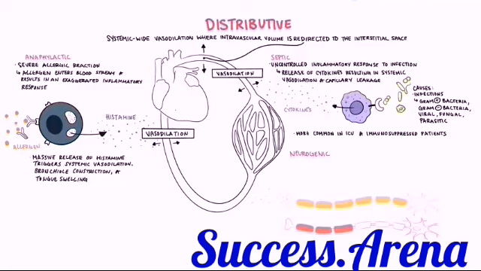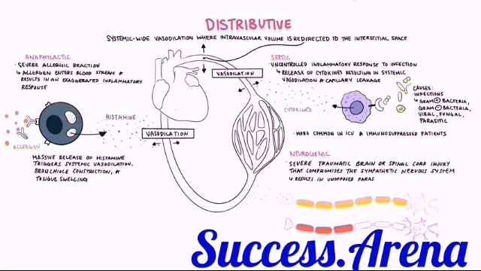Neurogenic shock is where you have severe traumatic brain or spinal cord injury that compromises the sympathetic nervous system, resulting in an unopposed parasympathetic response, which will lead to a decrease in vascular resistance, vasodilation. This autonomic nervous system imbalance often presents with hypotension, bradyarrhythmias, and temperature dysregulation. Neurogenic shock occurs with spinal cord injury above the level of T6.